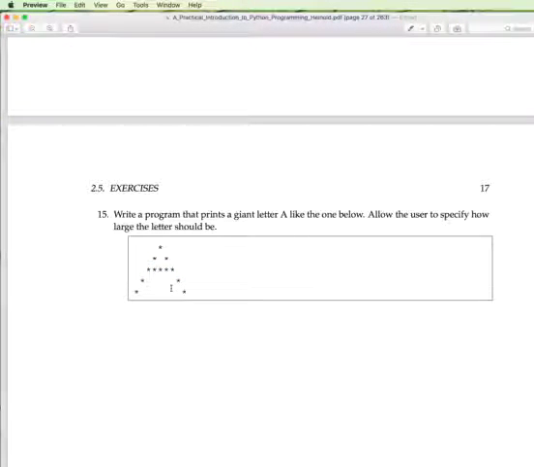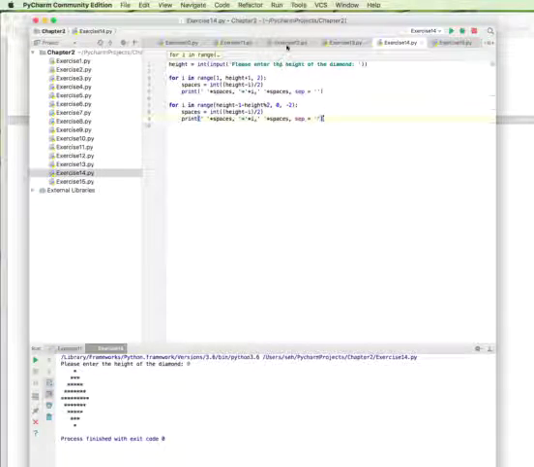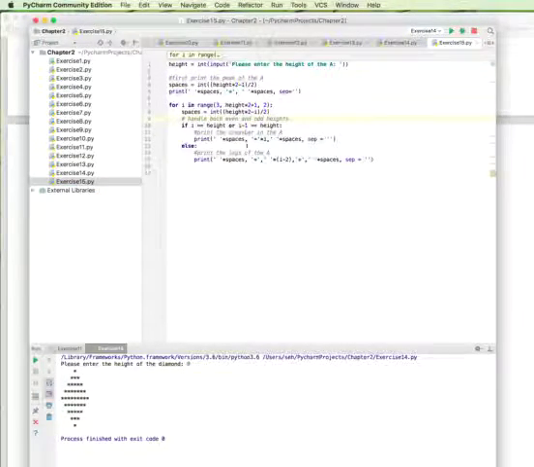So I created a program to do that. Let's go back to PyCharm. So if we open up exercise 15, this is the program that does this. First we prompt for the height of the letter A, and now we're going to first print the peak of the A, and we calculate the number of spaces. In this case,